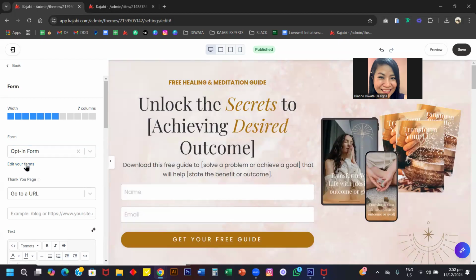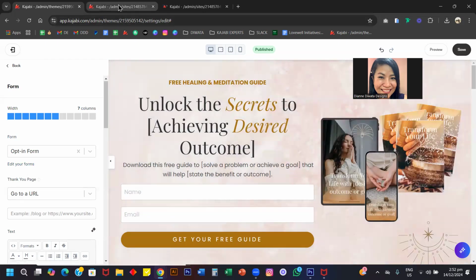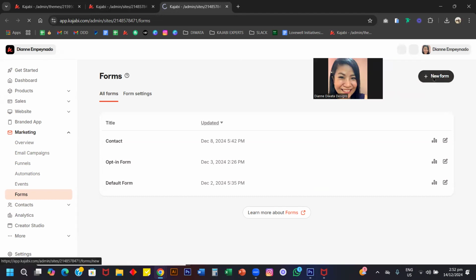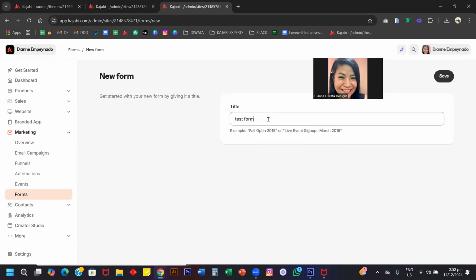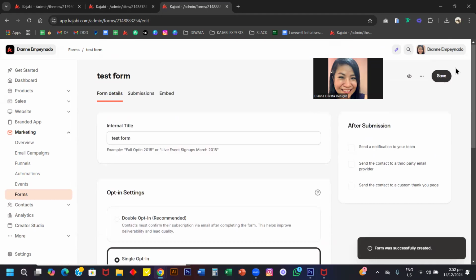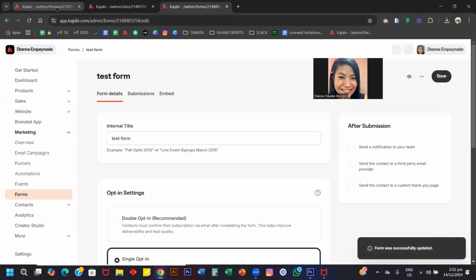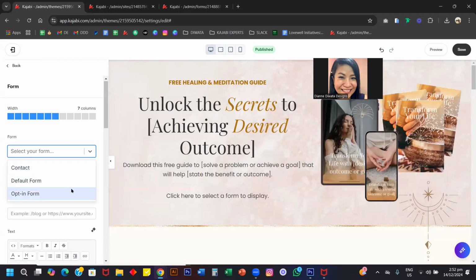If you haven't created a form, you can simply click the edit your forms in a new tab so you don't navigate away from the page editor. And from here, you can click on new form, name it like test form, hit save. Once that's been done, you can just choose whether you want double opt-in or single opt-in and then hit save. Once you have completed creating a new form for your own opt-in, you can go back to your page editor, go back to the form, and then from here, you'll be able to